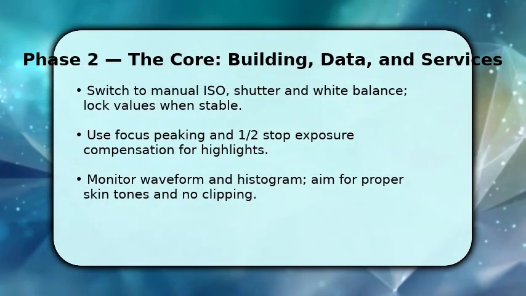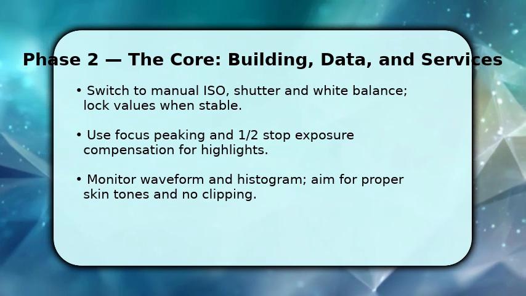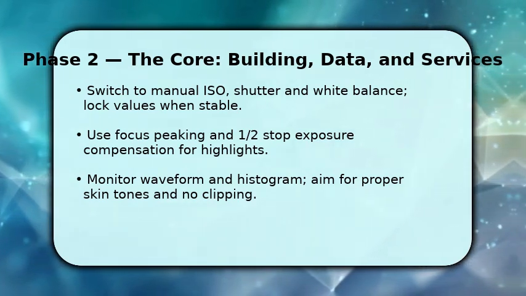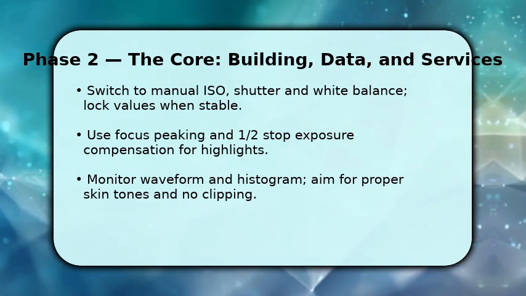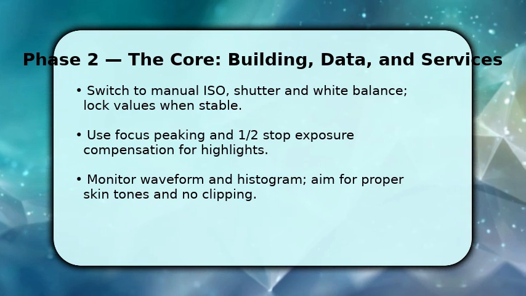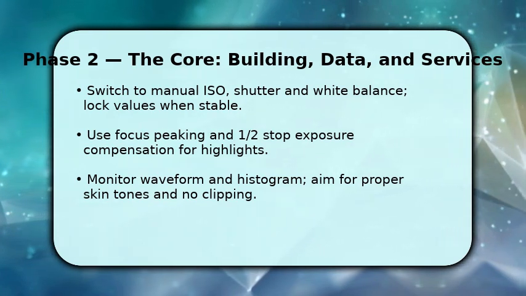Next, you switch to manual exposure and set ISO, shutter speed, and white balance. That's how you control image quality. Once you dial in levels, lock them. Changing mid-take causes flicker. Use focus peaking to confirm sharp areas and apply 1/2 stop exposure compensation if highlights are